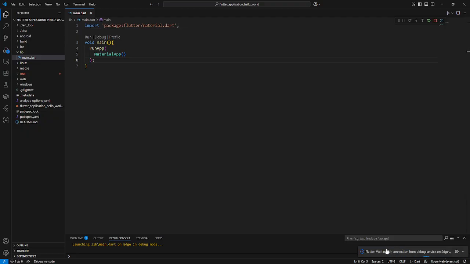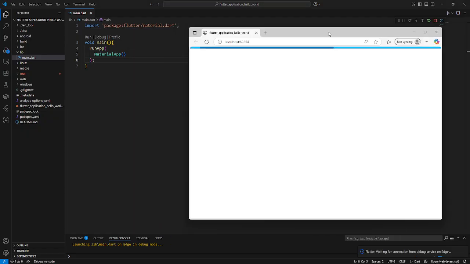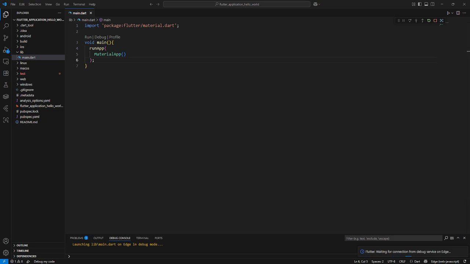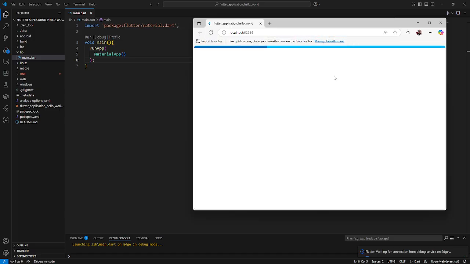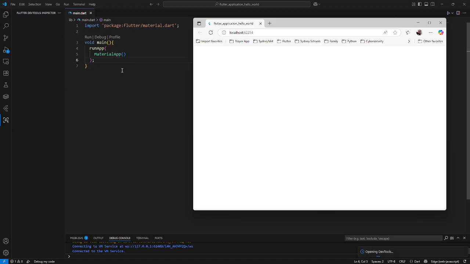Waiting for connection. For the first time it will take a few seconds. So it is launching in Microsoft Edge. Okay, it's loading. There you go. So that's the first thing. I just need to press the got it, and now it is loading. Okay, there you have your pretty much empty app, because we have done nothing here except we wrote main, run